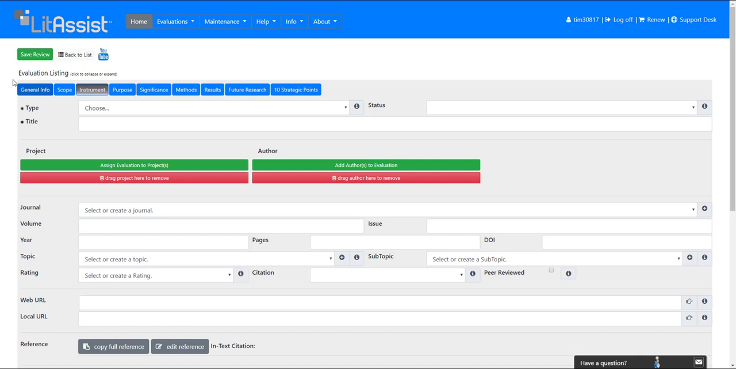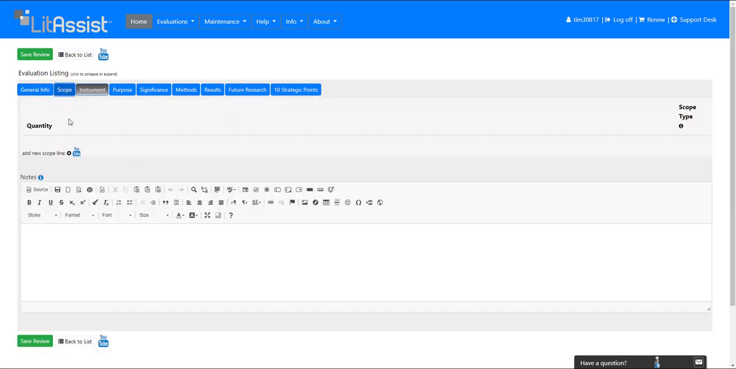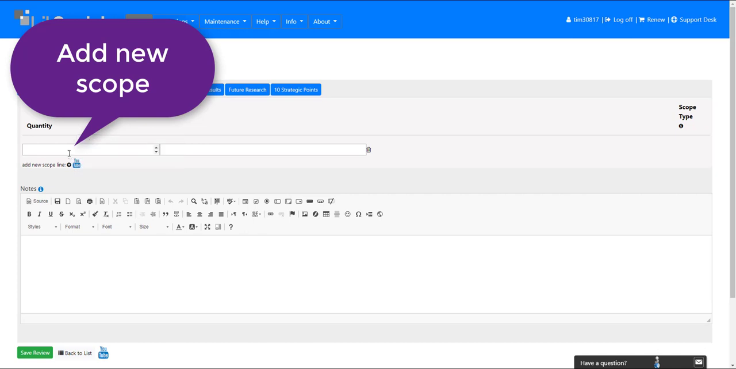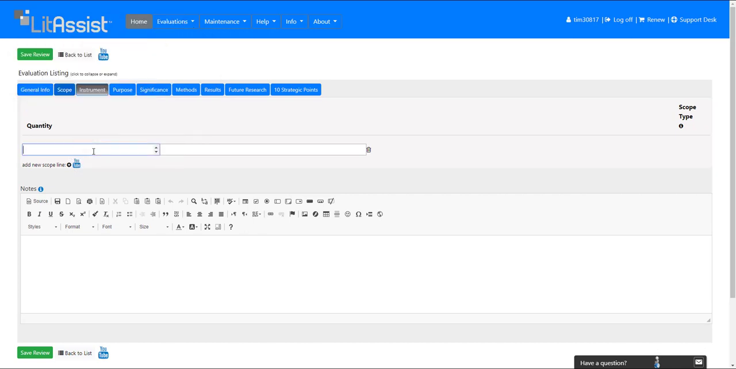The Scope tab allows you to identify the population and/or sample used in the research being evaluated. Note, if the research you are reviewing is another literature review, then this tab will not apply. To add scope to your review, click the plus icon below the Quantity and Scope Type section of the Scope